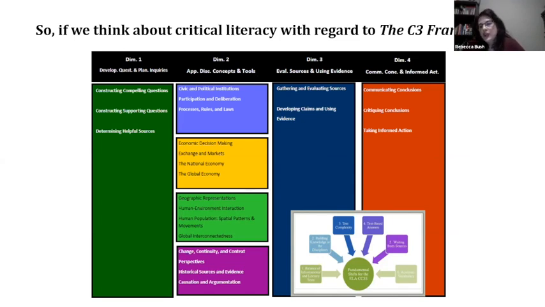And as you look at those, you're probably thinking, we do a lot of those shifts automatically in our social studies classrooms. We're just going to be a little bit more transparent about that tonight